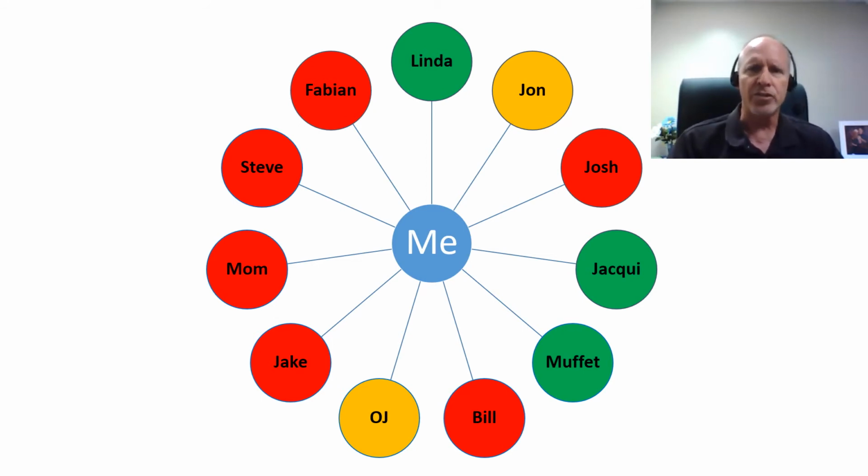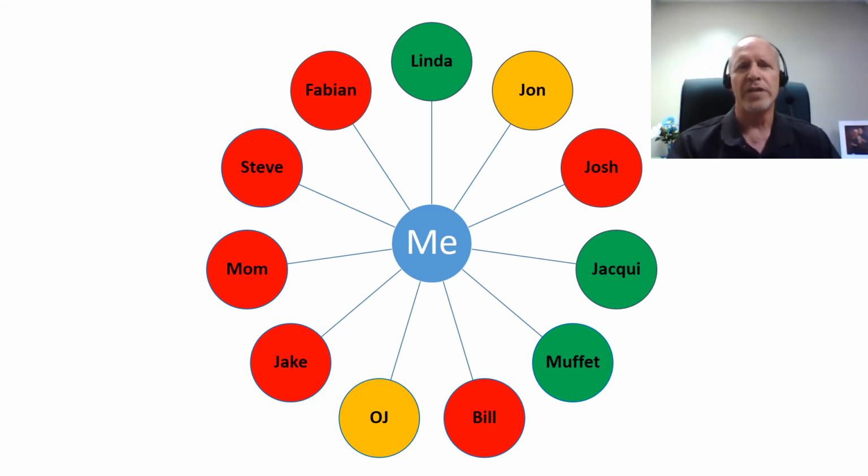Everyone whose name that you see in red are people who do not know Christ as their Savior in my relational network. The names that you see in yellow are people in my relational network that know Christ as their Savior, but they need to grow more in their daily relationship with Him. And then the people in my relational network that you can see that I've diagrammed that are green are the people that I know in my relational network who spend consistent time with the Lord on a regular basis.